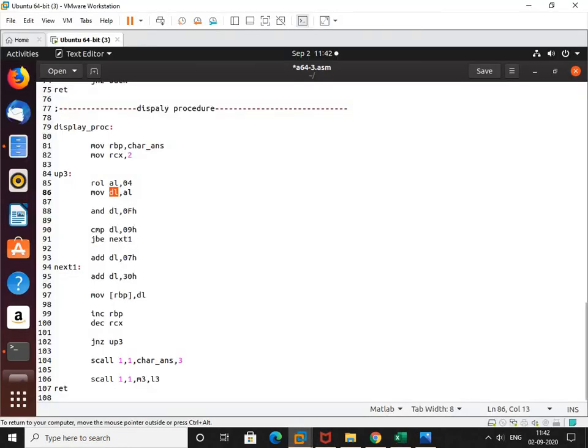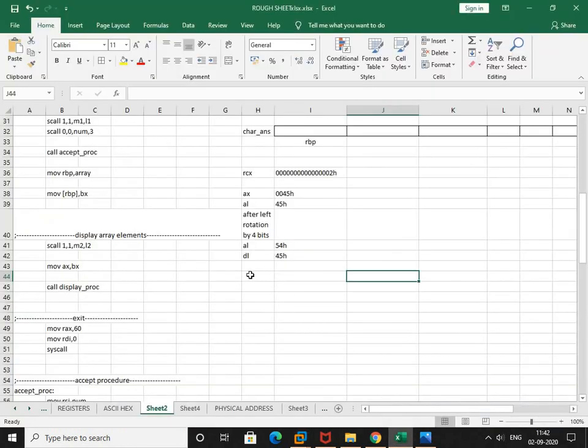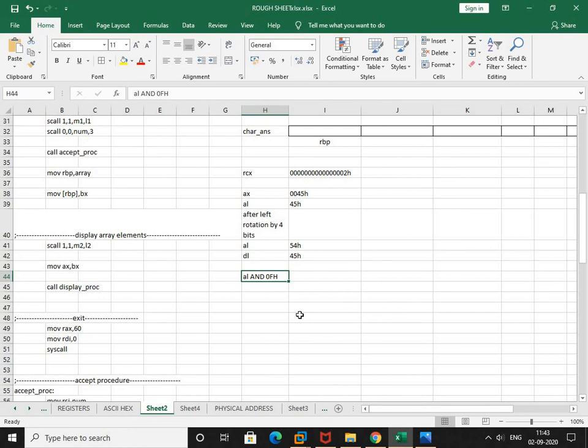After that, you AND the content of DL with 0FH. So I am ANDing it with capital F. You are going to keep it in mind, we are ANDing it with capital F. Now what is the content of DL?